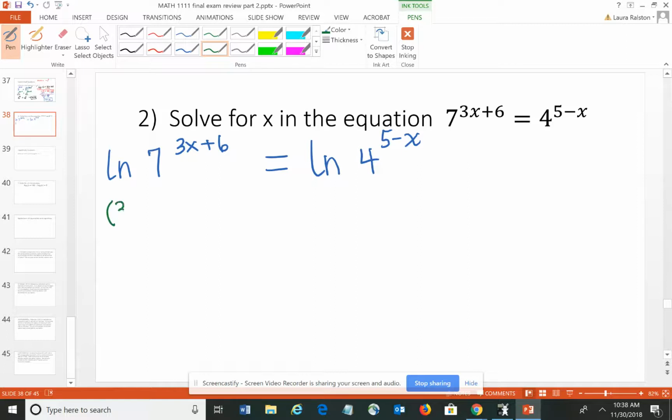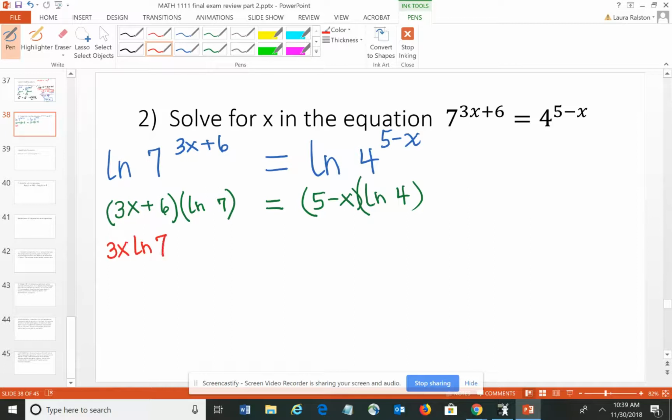So it's going to become exponent 3x plus 6 times the natural log of 7 equals exponent 5 minus x times the natural log of 4. I'm going to use the distributive property so that I have 3x times the natural log of 7 plus 6 times the natural log of 7 equals 5 natural log 4 minus